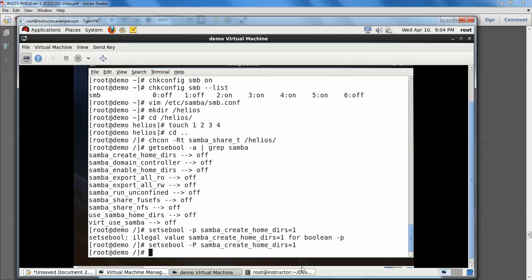It's done. Now again set a symbol, Samba export_export_all_read_only equal to 1.